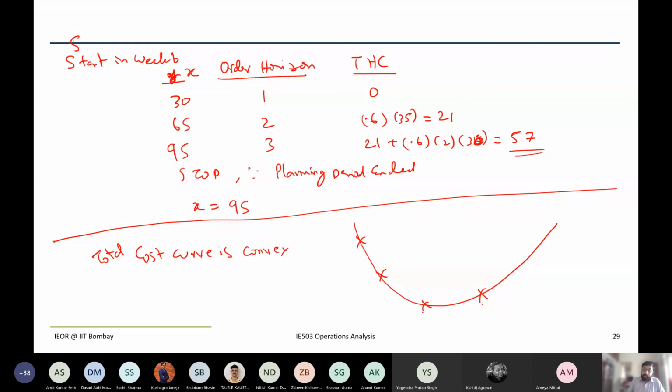So we are not looking at what will happen in the future. What we are looking at is, today I want to produce. Should I produce for only today, or tomorrow also, or day after also, and so on. Once I decide how much to produce now, then that part is frozen, so I don't deal with it. Then again I start, okay, now where did I leave off? Because it's planning. So on Monday I decide that it is better to produce for Monday, Tuesday and Wednesday, then I finish it. Then again I start, okay, from Thursday, let's see what I can do. Because the demand value is changing. If demand were a constant, you would have got an exactly repeating pattern, but the demand is changing.